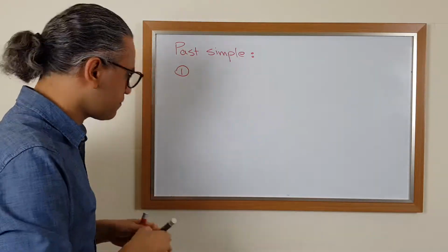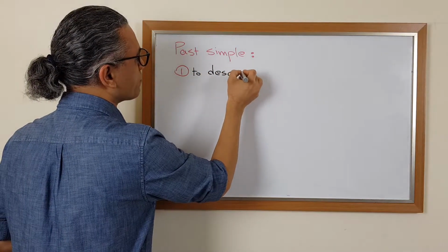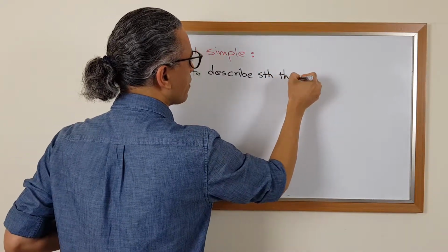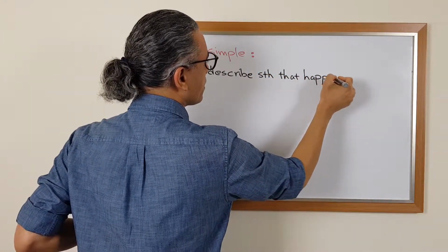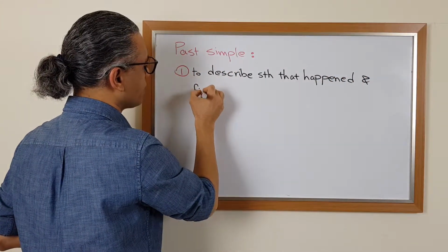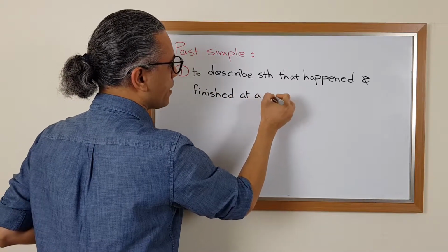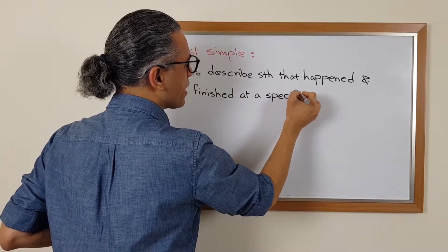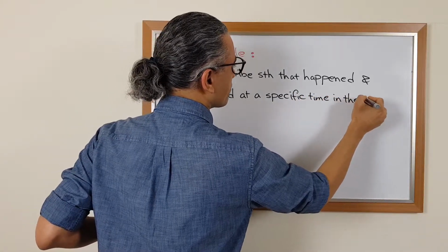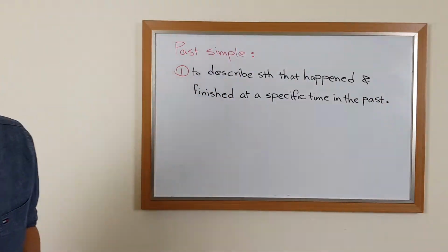Function number one, to describe something that happened and finished at a specific time in the past. For example,